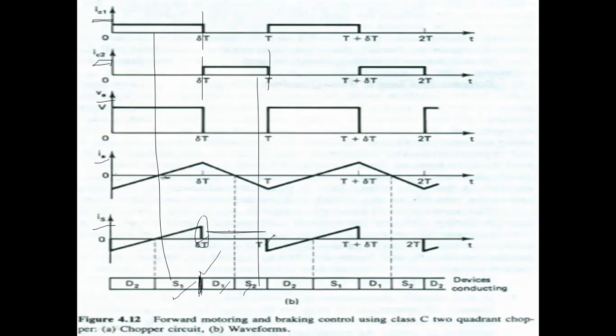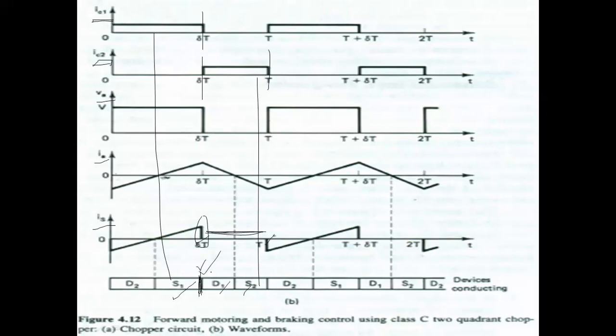Okay, so at this time the control signal for S2 is given, right? So again, when S1 is off, during this time S2 is on, right? S2 receives the control signal. So IA falls to 0 in the freewheeling interval and the back EMF will immediately drive a current through S2 in the reverse direction.